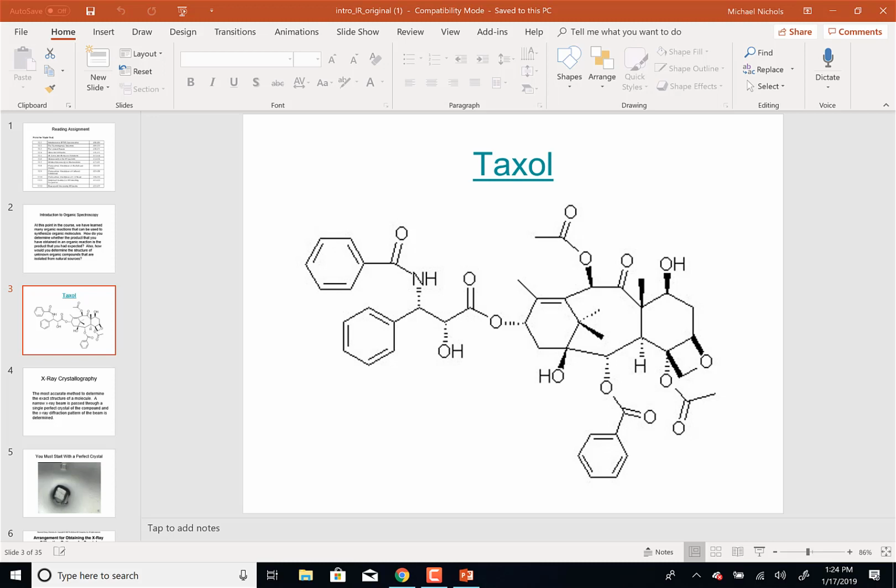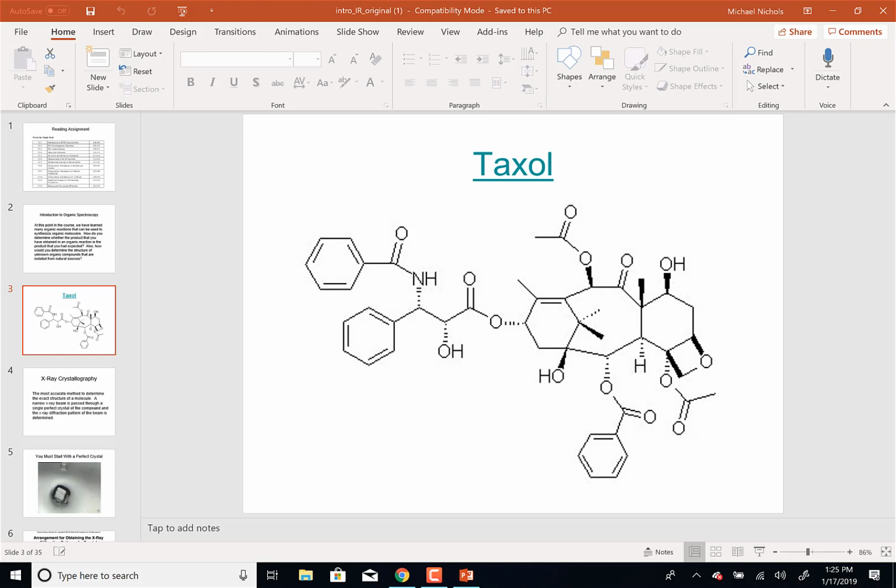So Taxol came from the bark of the California yew tree. It's like a little scrubby tree that grows in Oregon. And they found that extract had anti-tumor activity, and that they needed to find out what the exact compound was. And this is back probably when I just started teaching, like 20 years ago. It was just out in clinical trials. But if I have this compound, I need to know what its structure is, because there's not enough bark in enough California yew trees to treat all the people with cancer. So we need to be able to synthesize it. But before I synthesize it, I need to know what its structure is.